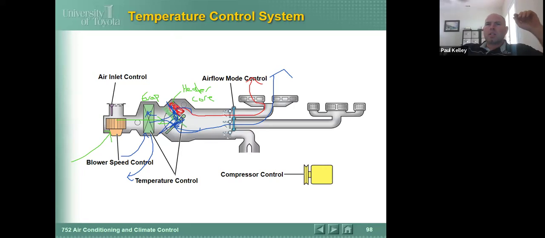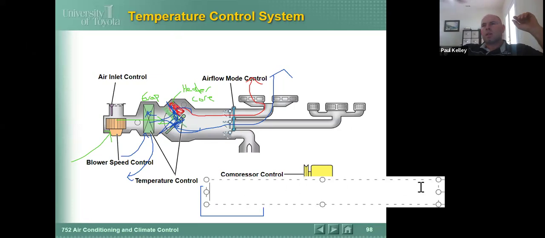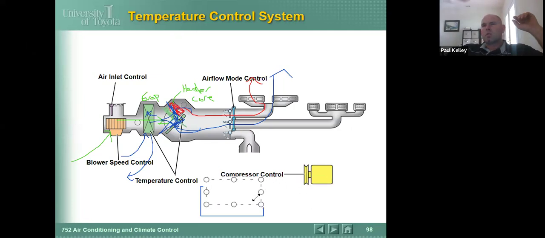So now think about a TXV. Let's make a TXV here. I want to put a text, but I don't need the text to be so massive. I don't know why this tries to make it huge. So let's just make this TXV. Cool. If we have refrigerant coming in on the TXV,